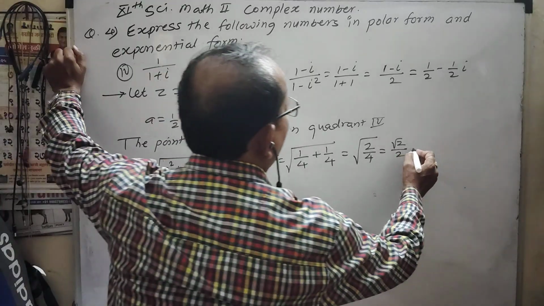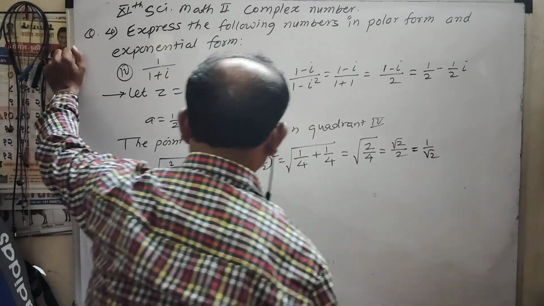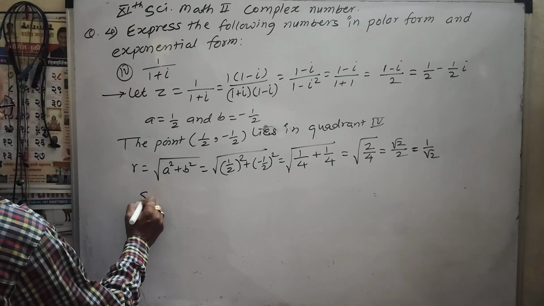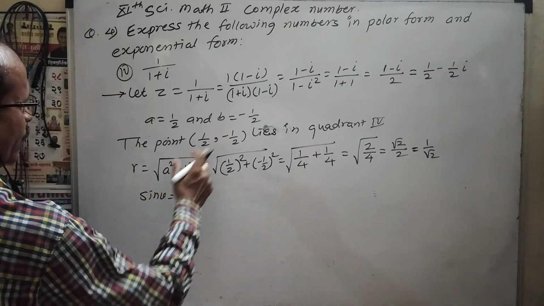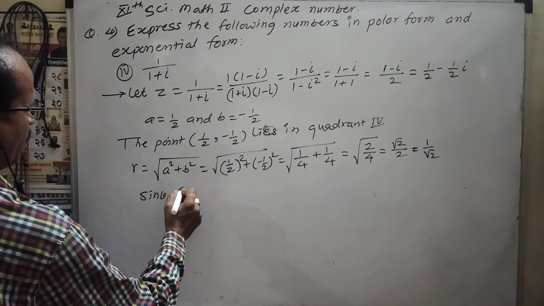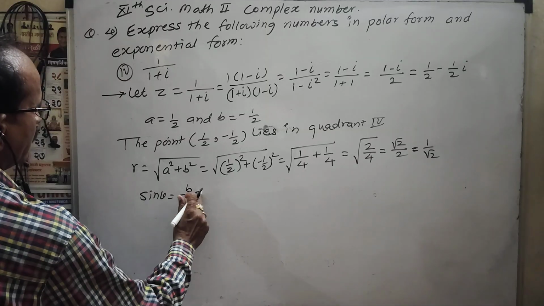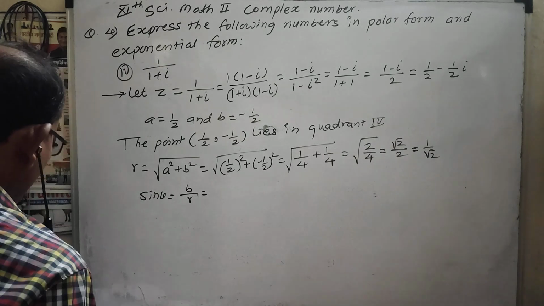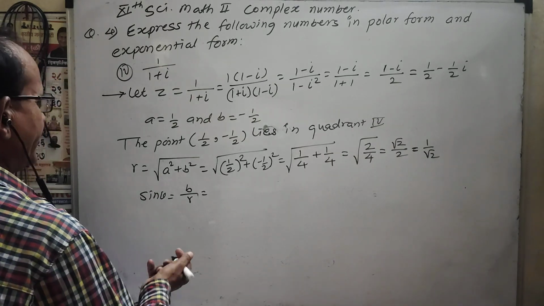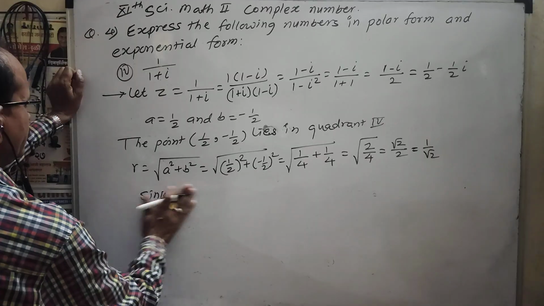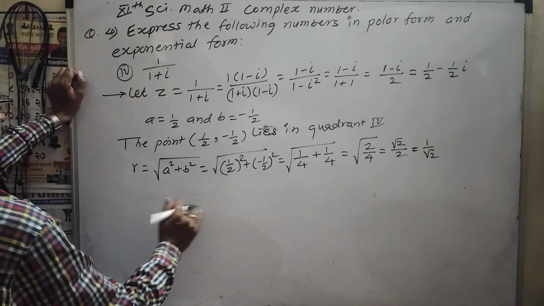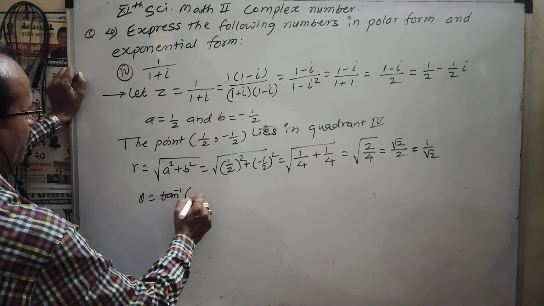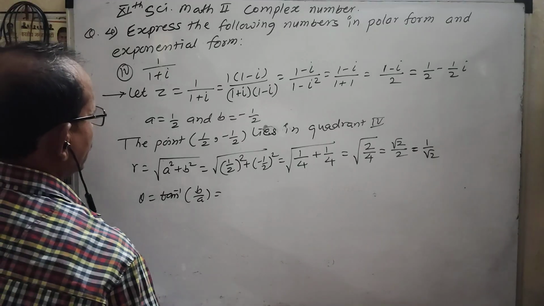It can be written as 1 upon root 2. r is 1 upon root 2. Now sin theta is equal to b by r, or you can also find tan theta, no problem. Find theta at first. Theta is equal to tan inverse of b by a, and as it is in the fourth quadrant,